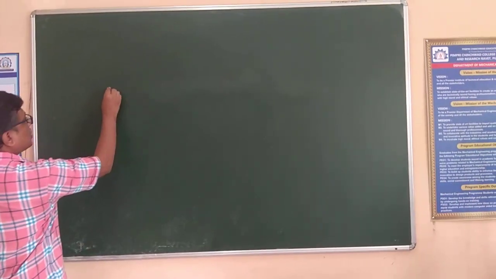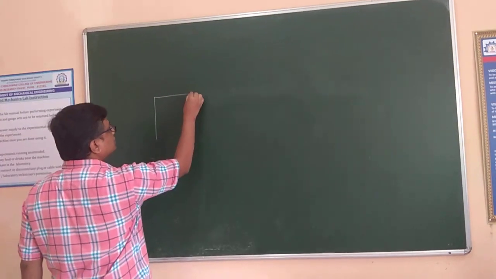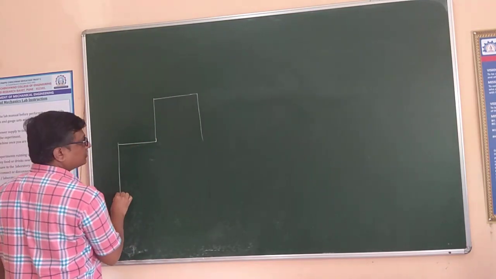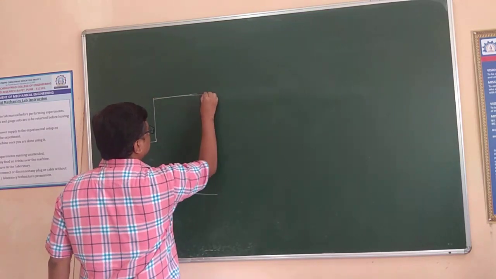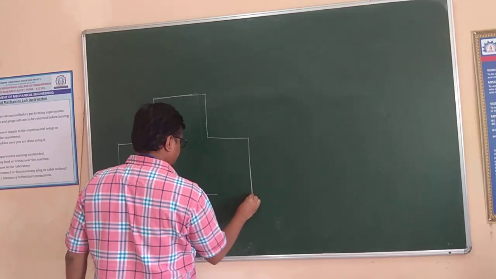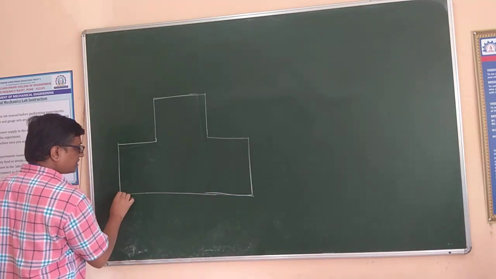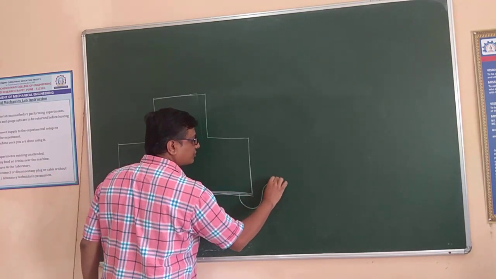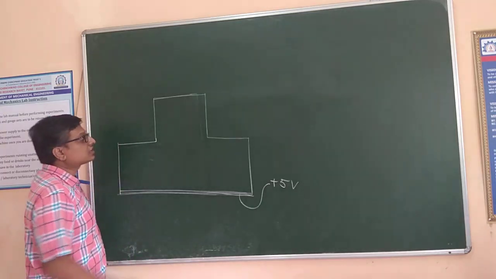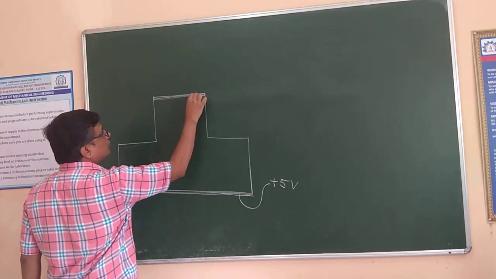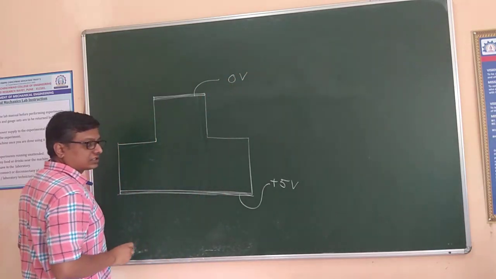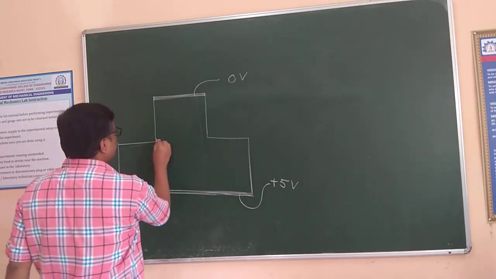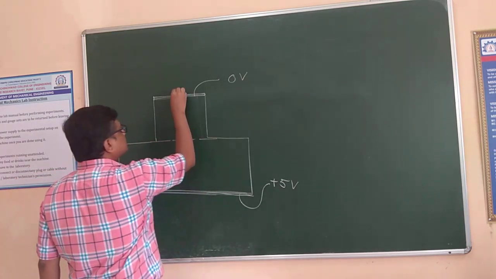Say this is the top view of that apparatus where we had taken the salty water. Here there was a copper plate, I repeat, here there was a copper plate, and this copper plate was at plus 5 volt, and another copper plate was over here, and this copper plate is at 0 volt. The coordinate axes were over here. This was the x axis and this was the y axis.